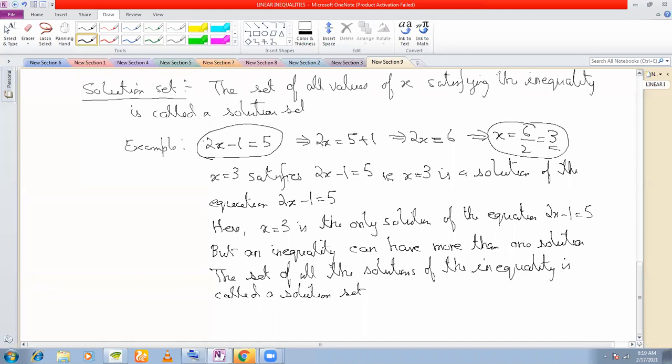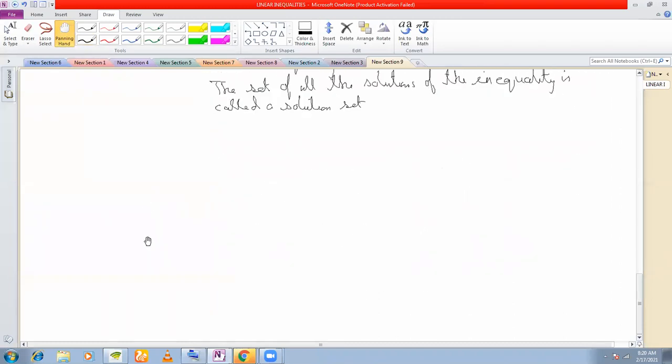So the biggest difference here is that for an equation, you have only one solution, a single solution. But for an inequality, there can be many solutions. How to get to a solution? There are certain rules. Just as in case of linear equations, I sent you a table of rules. Similarly, to solve an inequality, you also have certain rules which you must follow. But before that, let us now see the difference between replacement set and solution set.